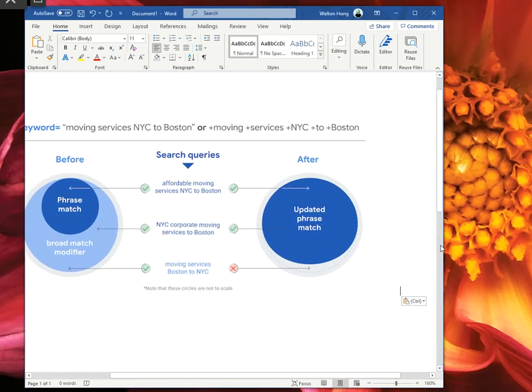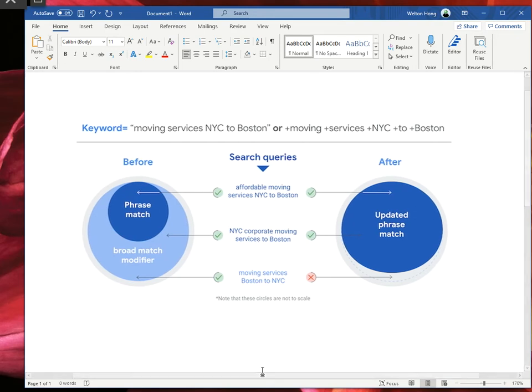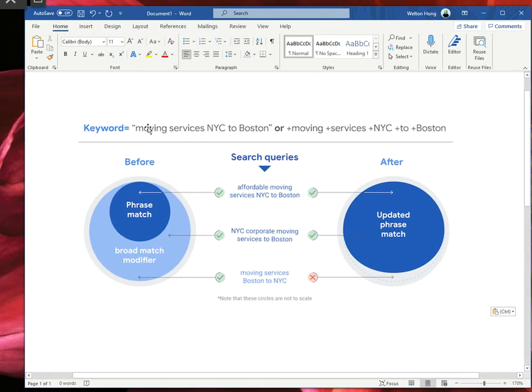Okay, so this is a diagram I pulled from WordStream, just to give you an example. Right now, if you are bidding on the keyword moving services New York City to Boston, this is what you do. You put a phrase match and you do a modified broad match, right? But once Google removes the modified broad match, it's going to be encompassing most of it. So what this means is you have to add in a lot of negative keywords. If you only focused on phrase match before, your ads are now forced to be showing up for a lot more search term variations. So you have to add in a lot more negative keywords to make sure that your ad is not triggering